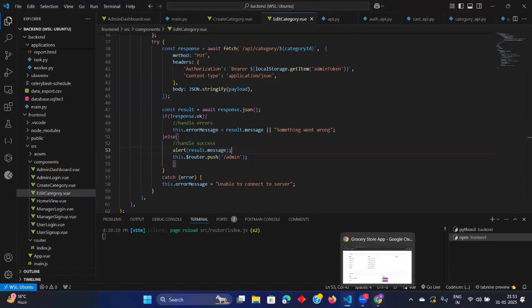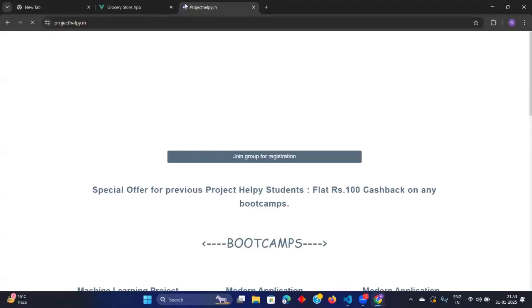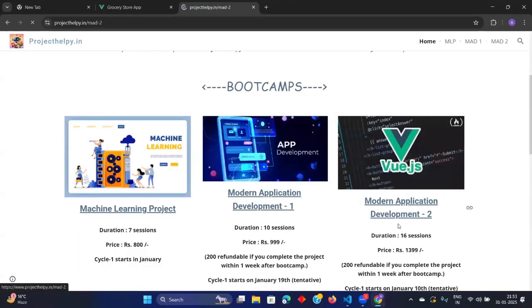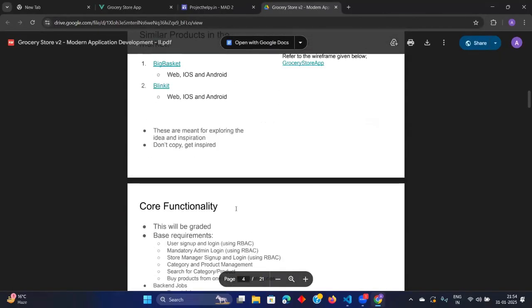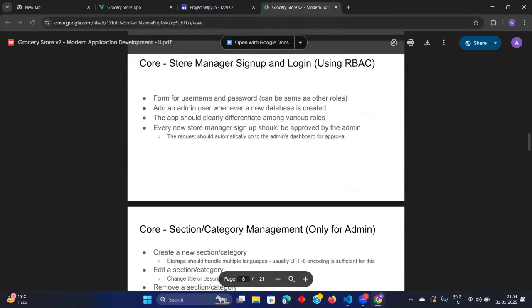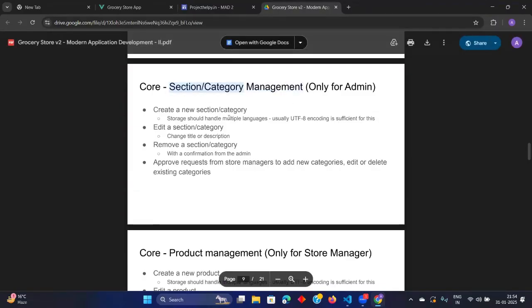Now the next thing we need to do is, I'll just check the requirements. This is also done, this is also done, store manager sign up and login is done, right? Now category management, only for admin, this is also done, right?